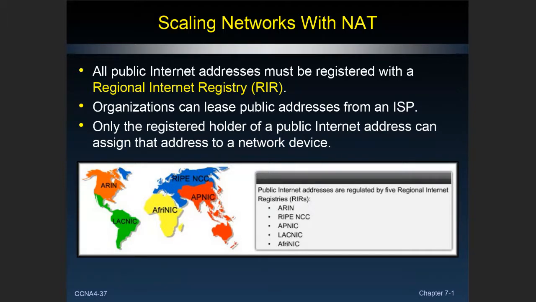Now, we used to be able to get individuals and companies would go and get banks of IP addresses, but this has sort of been turned over now to the internet service providers. So if you need an IP address to communicate on the internet, and you're a single home user, you'll get one address. But what if you're someone like Tarrant County College? Well, we go to an internet service provider and we get a bank of several thousand addresses because we have 100,000 students. So you can generally get those addresses assigned to you from your internet service provider.